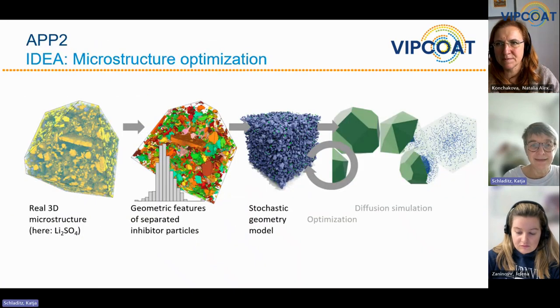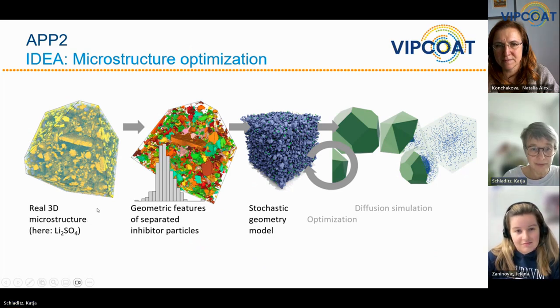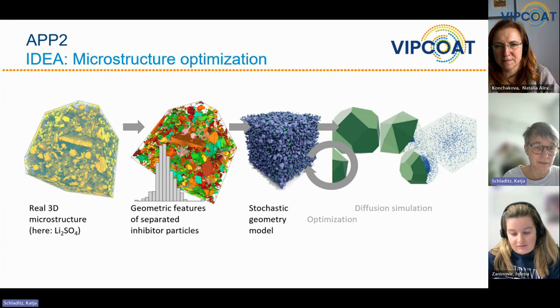The idea behind App2 is microstructure optimization. What do we mean by that? We want to observe the real microstructure, in our case, the inhibitor particle distribution, meaning their sizes, their shapes, and how they are placed within the coating sample. We want to derive geometric features of these inhibitor particles, then